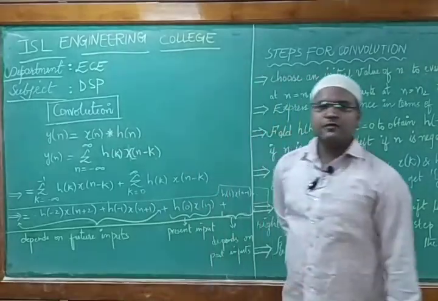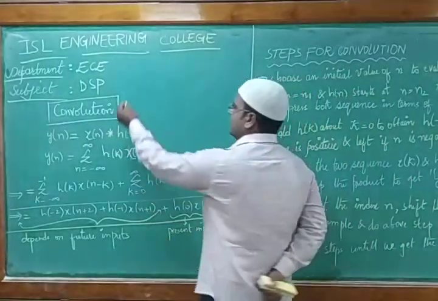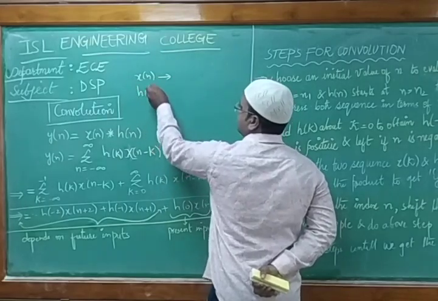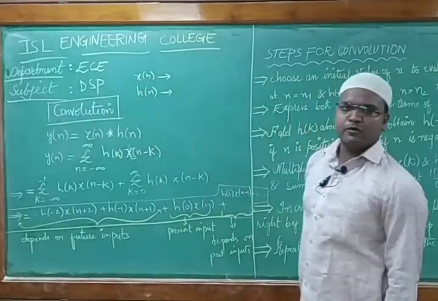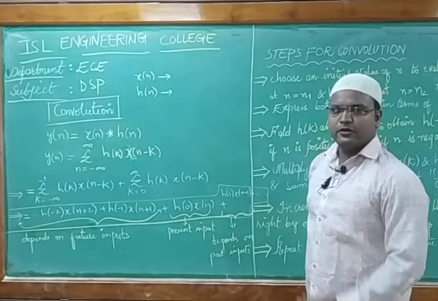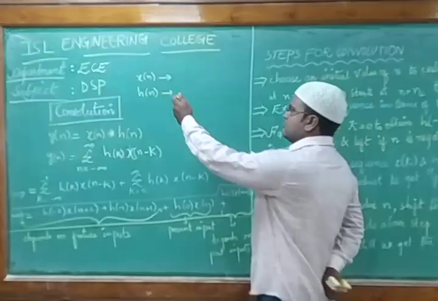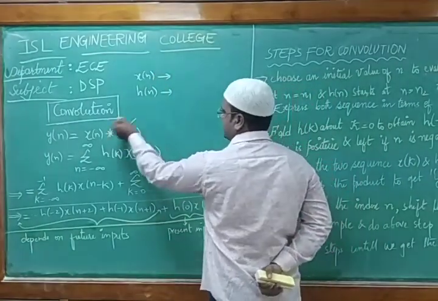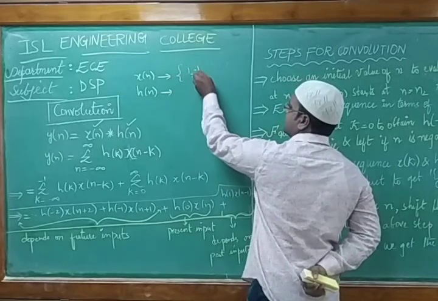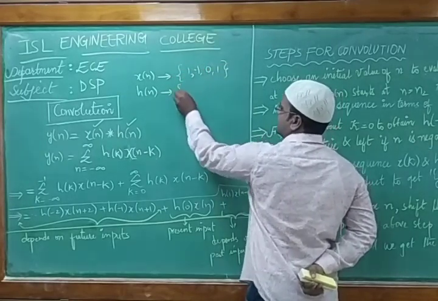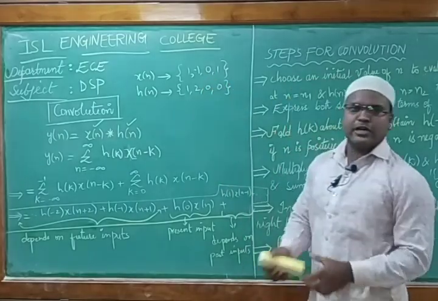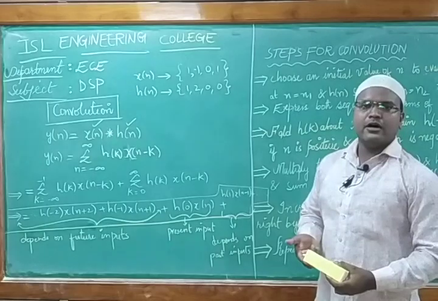So basically, what is the meaning of convolution? If you have one signal like x of n, and another signal, I am assuming, like h of n, and I want to combine both signals by applying some sort of delay, what is the meaning of convolution? It means multiplying the first signal with the second signal by applying the sequence. For example, if you have 1, -1, 0, 1 and the next signal 1, 2, 0 and 0, if I want to multiply these two signals, I need to go for a specific method